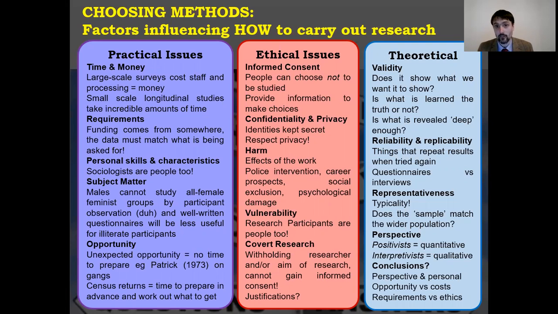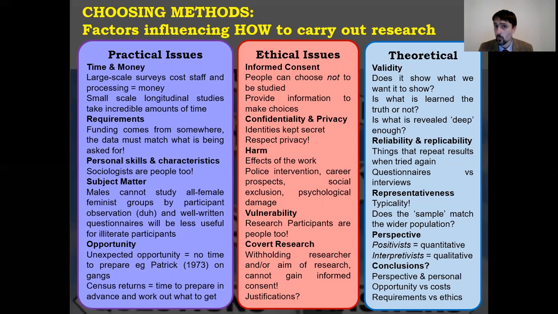It makes sense, I guess. If you know what you're good at and you know what you're after and you know roughly what you prefer, you're going to do that. Secondly, opportunity versus costs. It tends to be that opportunity outweighs costs, that when sociologists are offered the opportunity to do things, they'll take it. And that will be regardless of the costs, either time, money, or even social standing and social capital. We'll talk more about that later.